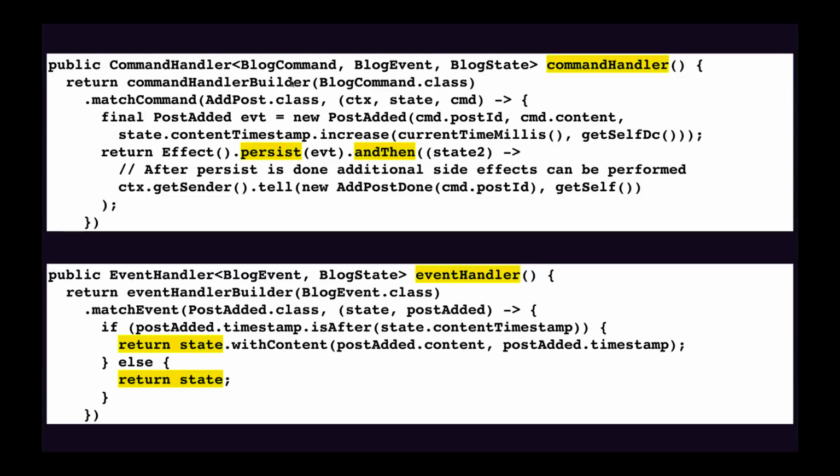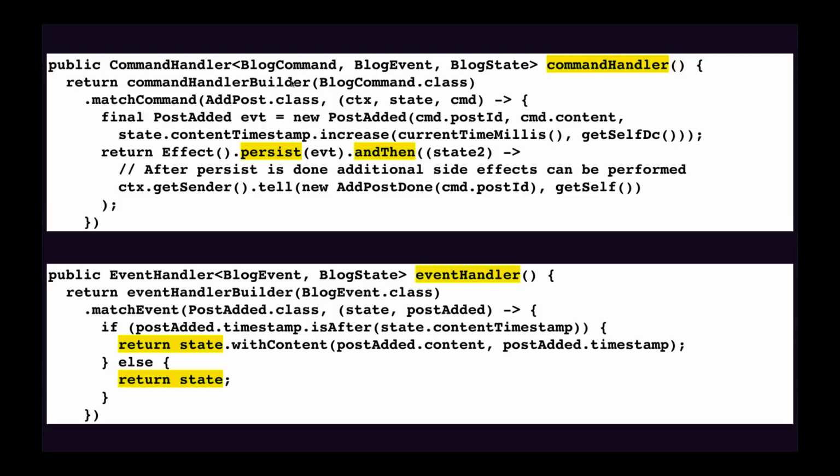So it could be that the event is persisted, but the andThen never happens because we had a failure between the successful completion of the persistence transaction and before the andThen could be called. So if we had a failure at just the wrong moment, the event is persisted, and before we can send a message back to the sender, say that the ad was posted, we go down. So that's not going to happen reliably because it's happening in a non-transactional type of situation.